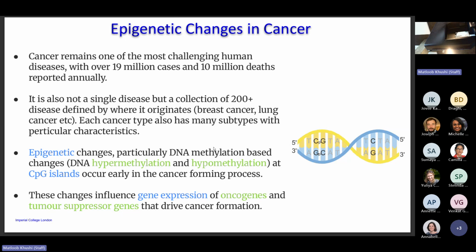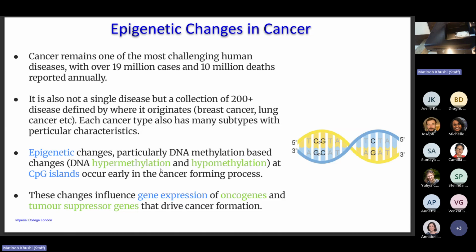Because of all the work done in cancer research in the last couple of decades, most cancers can be treated effectively or even cured if you detect them really early. So the first part of my talk is going to be on how to detect cancer early using deep learning methods. And I will tell you a bit more about what kind of epigenetic changes we are looking at, what hypermethylation and hypomethylation mean, what CpG islands are, in the next few slides.